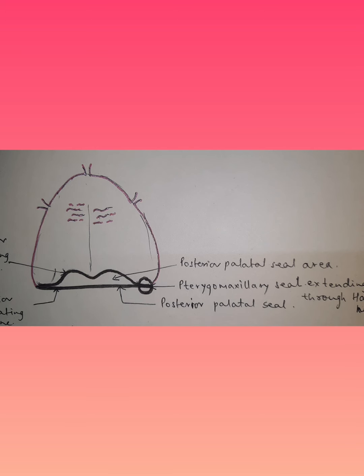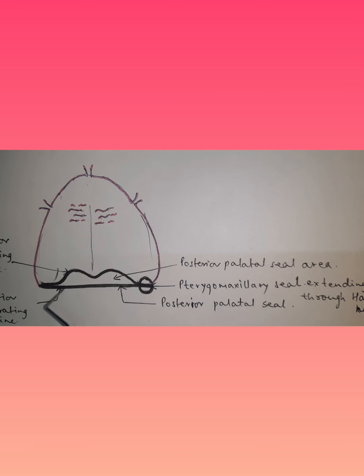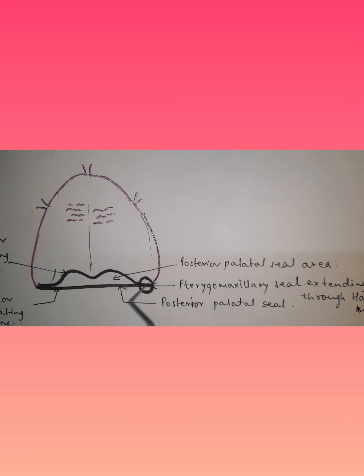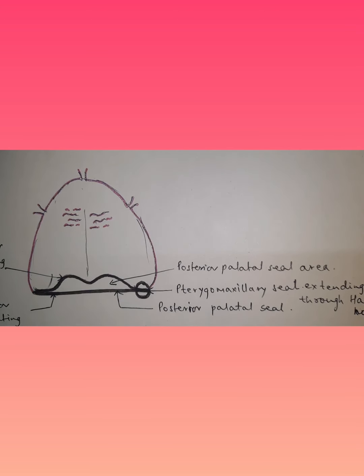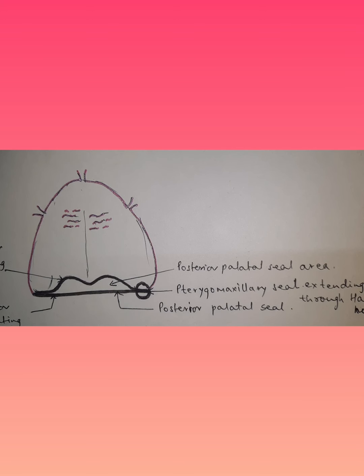So this seal is very important in the context of complete dentures, that is, the maxillary complete dentures, because it is lying here in the posterior part of the denture. If there is any space here, there will be chances of food lodgement. The patient will not have a good peripheral seal, and there will be problems with retention and stability of the prosthesis. So we have to make sure that we understand this very well and practice this so that we don't miss out this very important anatomic landmark and don't have a problem with stability and retention of our prostheses.